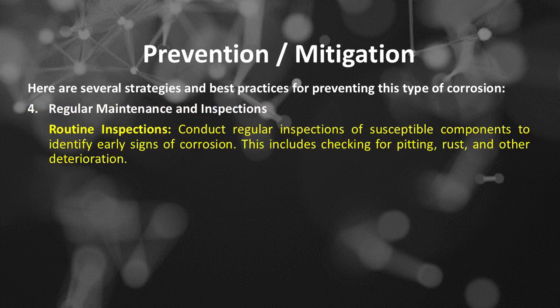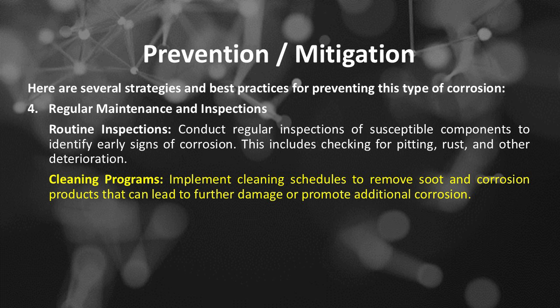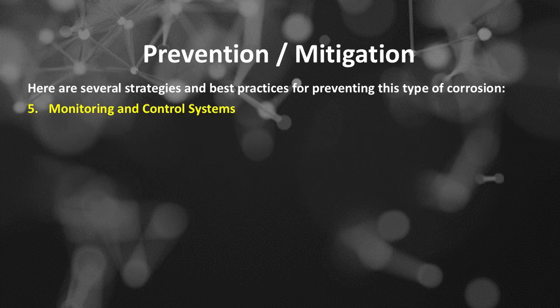Routine inspections. Conduct regular inspections of susceptible components to identify early signs of corrosion. This includes checking for pitting, rust, and other deterioration. Cleaning programs. Implement cleaning schedules to remove soot and corrosion products that can lead to further damage or promote additional corrosion. Number 5 of the several strategies and best practices for preventing this type of corrosion is monitoring and control